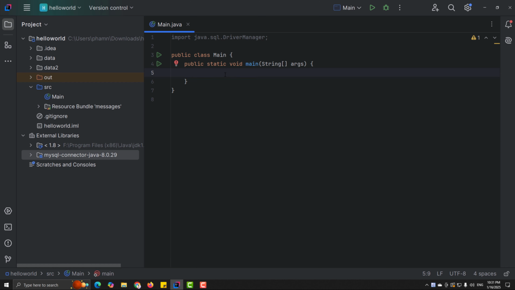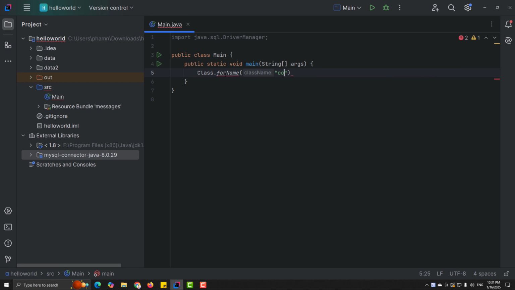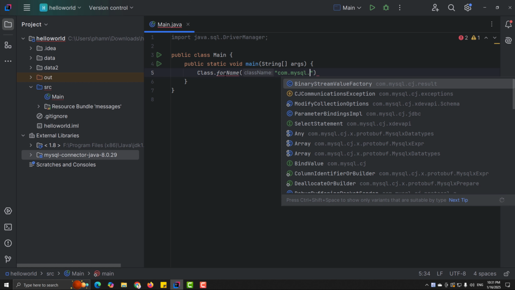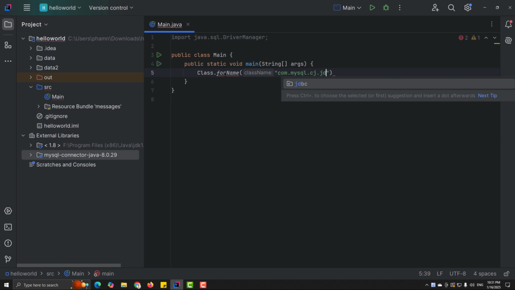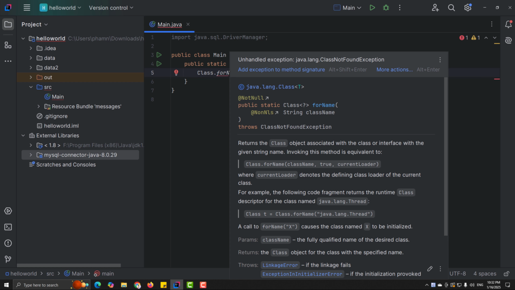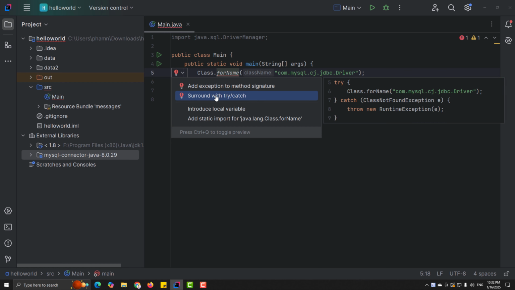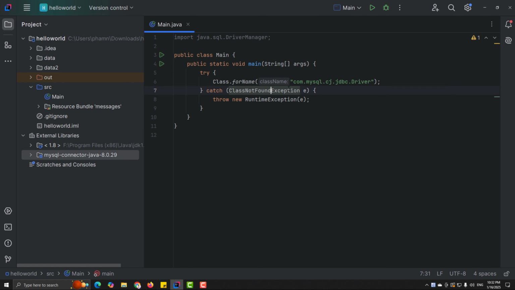You need to use this class with its full name, com.mysql.cj.jdbc.Driver, and handle the exception, because this will throw an exception, so you need to surround it with a try-catch block,